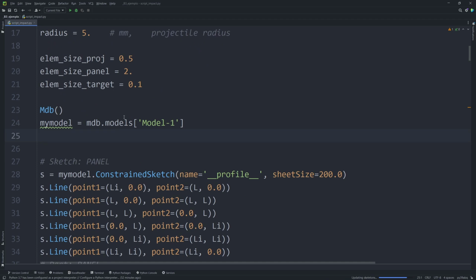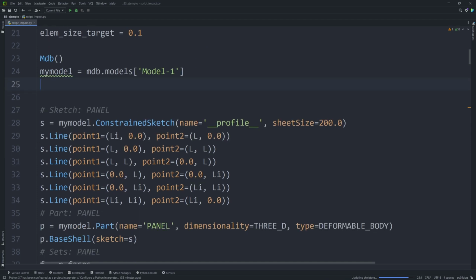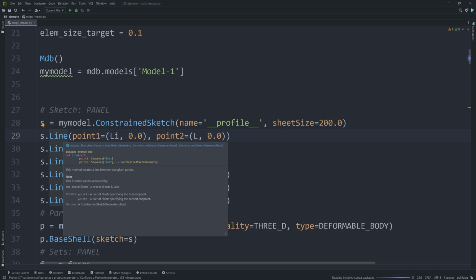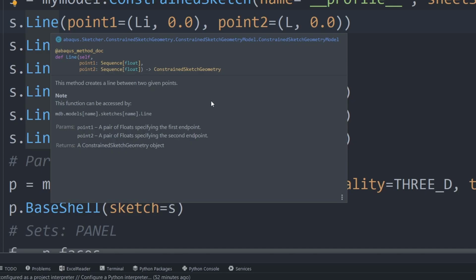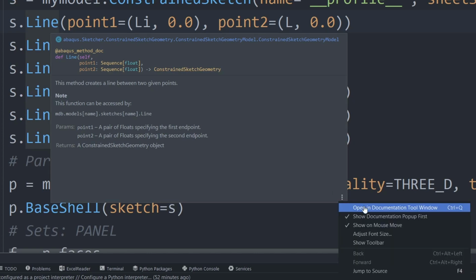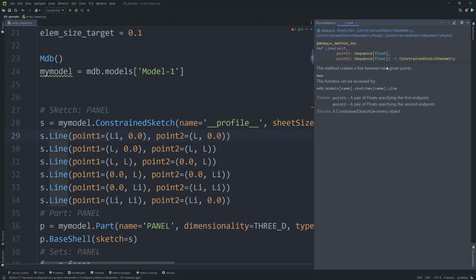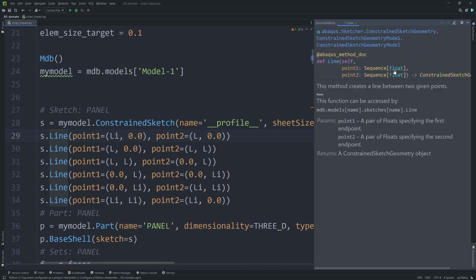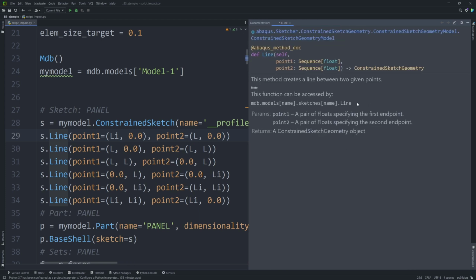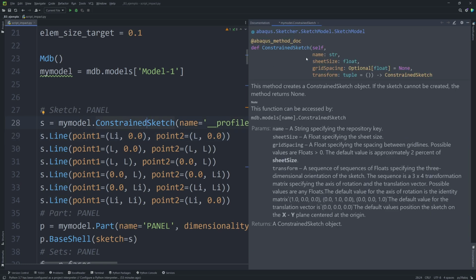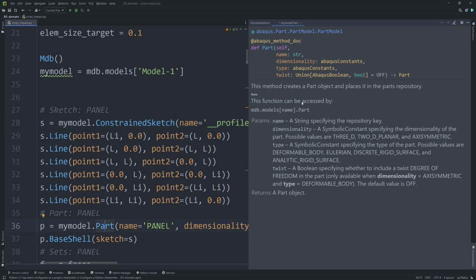For instance, here, if we come to constraint sketch or we come to line, if we hold there, we will see the documentation. We can see this snippet from the documentation. In fact, if we come to these dots and we say open, now on the right, we have the documentation, the extract from the documentation for this function line. If we hover on constraint sketch, we will have that part of the documentation for the part as well, and